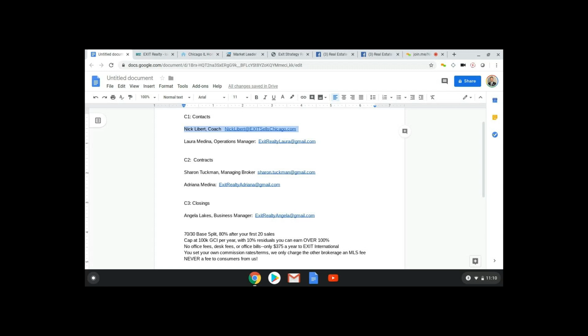Angela is the only person that's going to be distributing money. That is going to be in terms of closing. So when you have a commission check, that is going through our internal platform, which we're going to show you in just a little bit here, and that goes to Angela. Angela's going to pay you out, and it's most likely going to be a direct deposit unless for some reason you need a paper check. She's happy to facilitate that as well, and her email address is